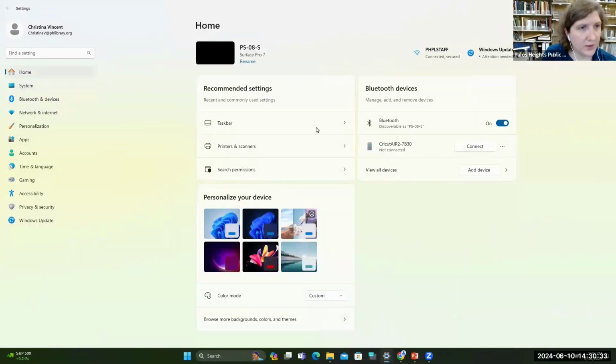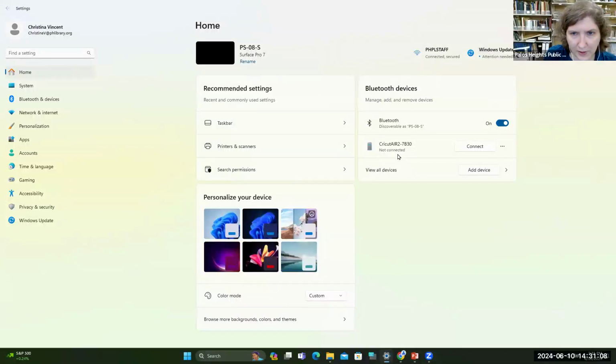It gives you a little rundown. But here is my account that I have open right now for this tablet. Here it says home, so this is the home page for the settings. It gives you a little rundown of the name of your device that you're on, the Wi-Fi you're on. If you need an update, we'll let you know right here. Recommended settings, usually settings you might go to often.